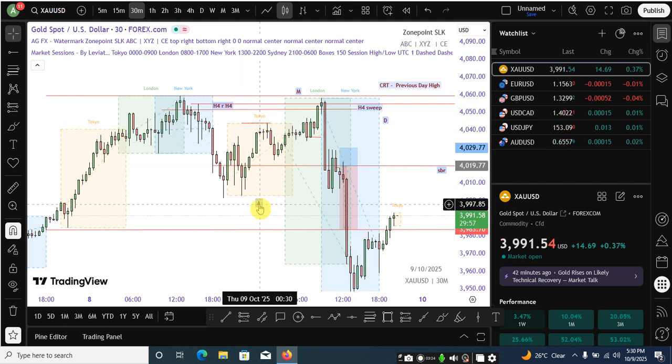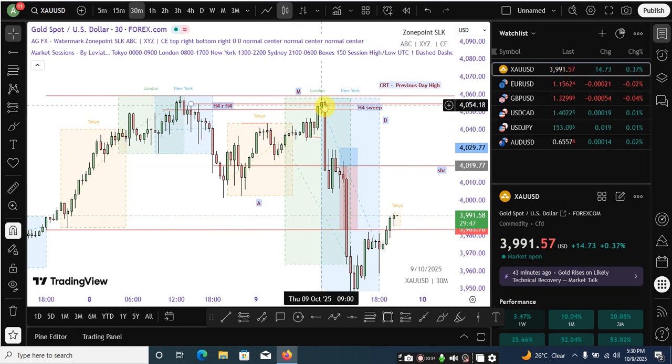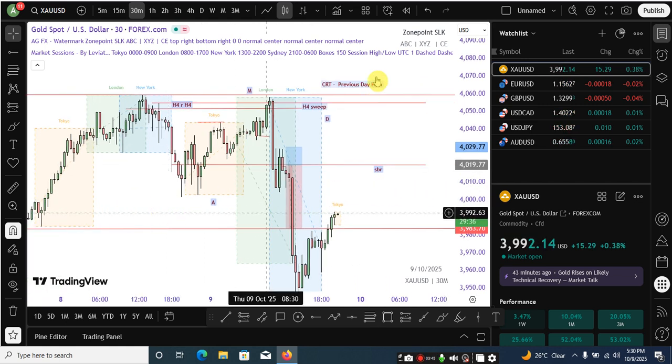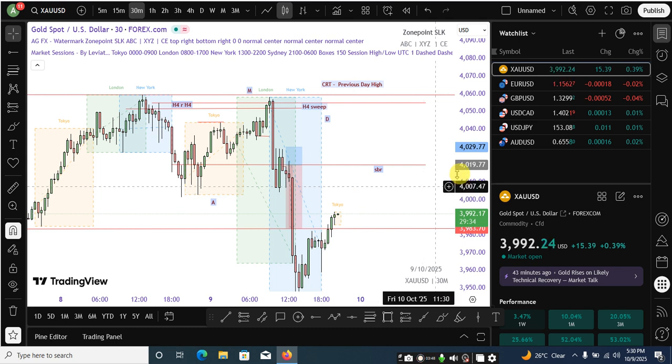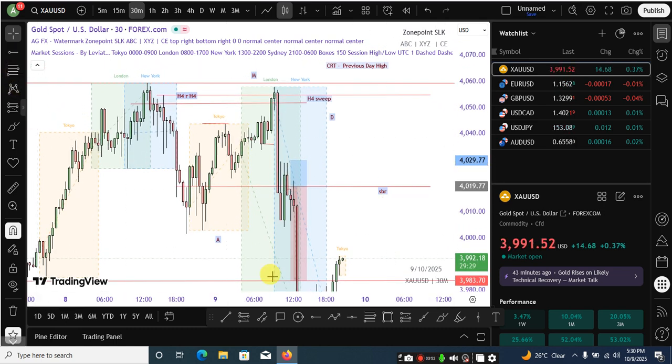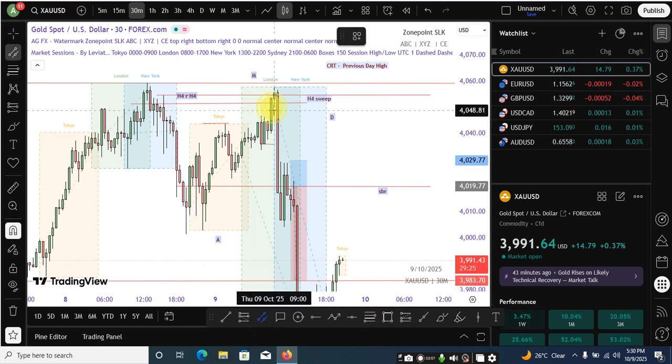This is my accumulation, and what did price do? Price accumulates to the upside, and this manipulation did what? Broke it to the upside, taking this high, the Asian high. So I know it's coming to take out the low and tap into this previous day low. But how will I enter the trade? Some traders will have been waiting for price to do what? Come into this